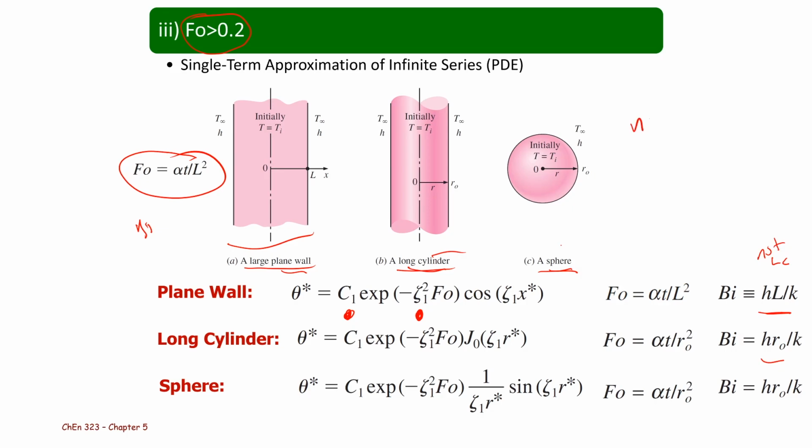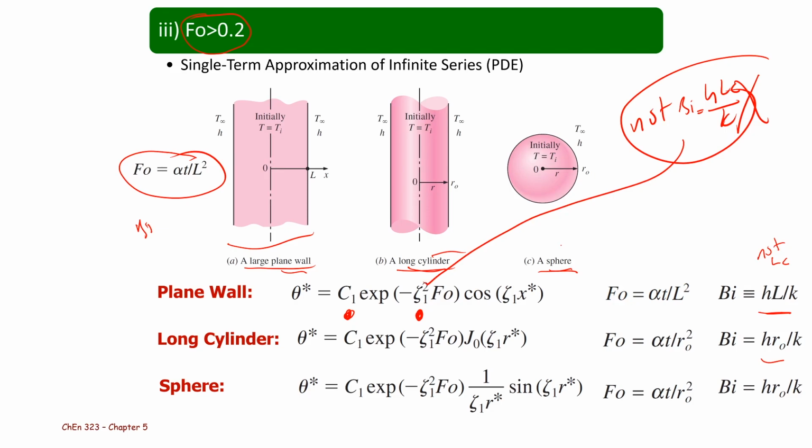It is not hLc over k. This is not correct. The Biot number here is not for finding these constants. The definitions are different. And again, if Fourier number is greater than 0.2, we only consider the first term. These are the first term